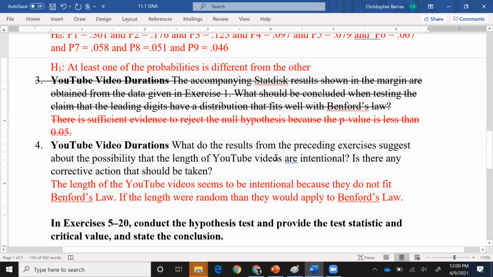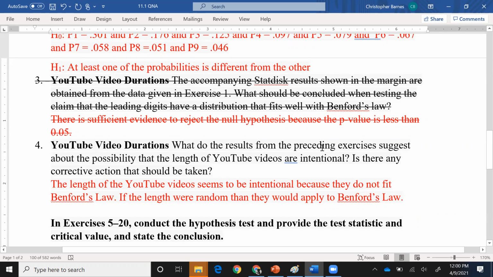Now this is kind of interesting. This takes a little bit of understanding. Remember how we were saying before that Benford's law is the way that numbers exist in reality? If numbers are random, they should be consistent with Benford's law. Now, if they're not random, which means something's happening, like there's some kind of force out there, some type of truth that we don't know about, then they won't match Benford's law.